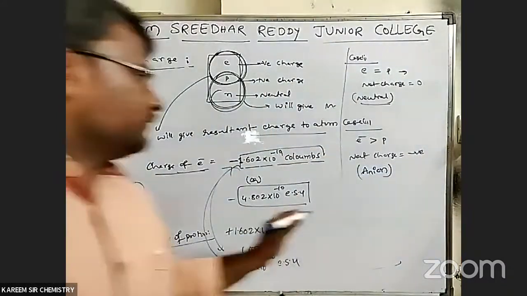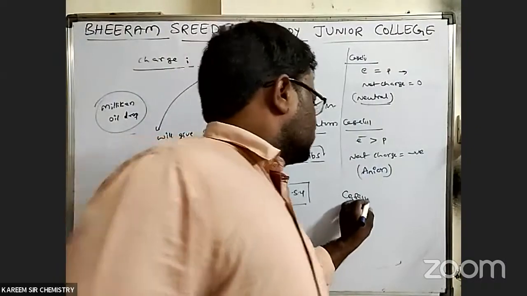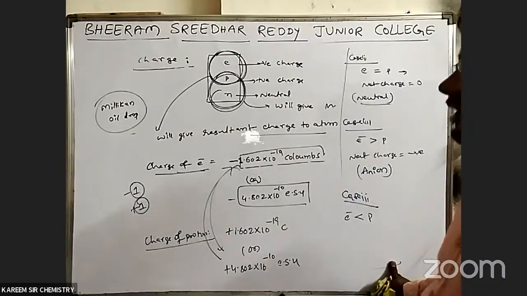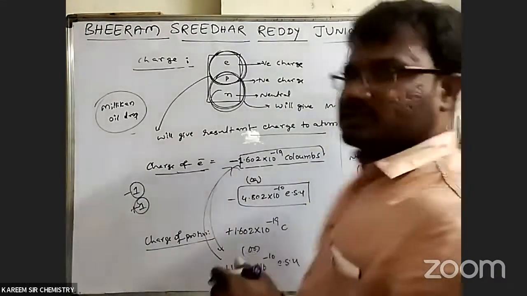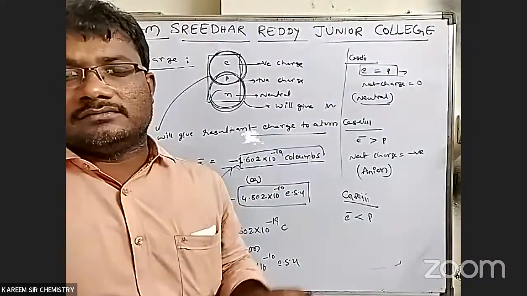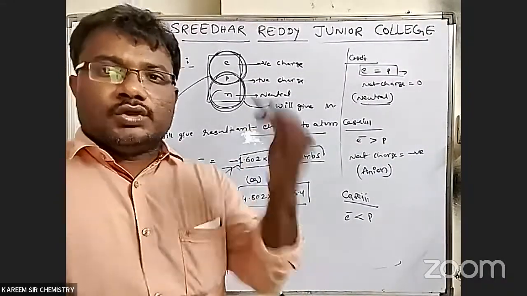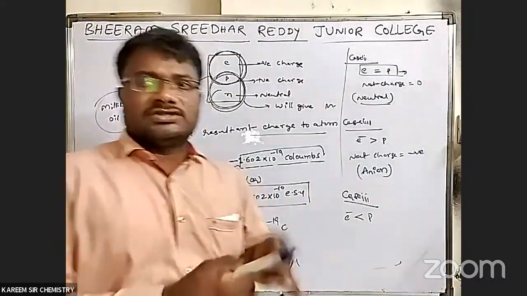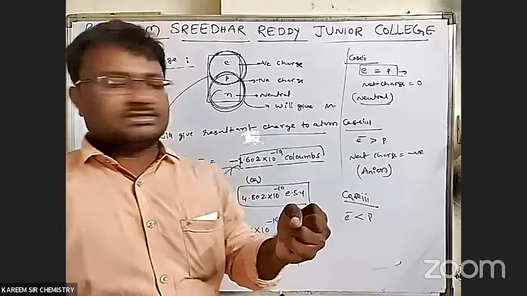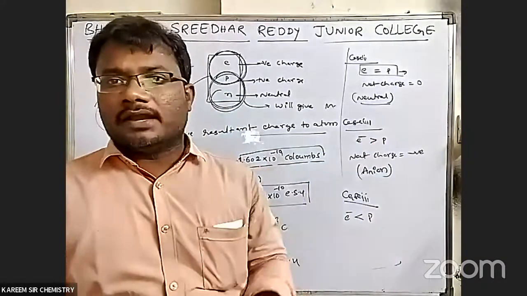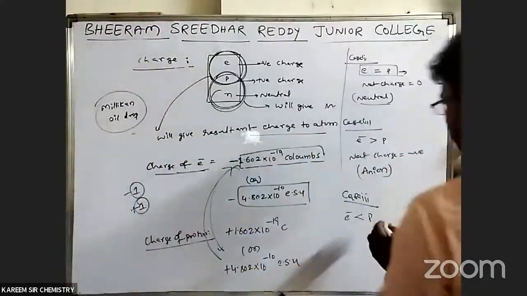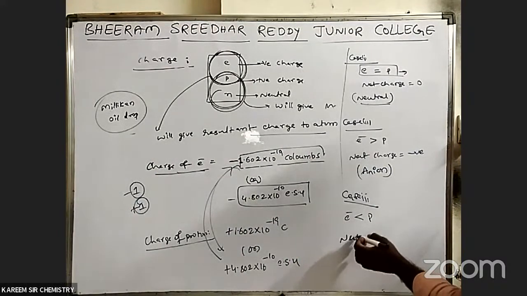Okay now. So case 3, electrons less than protons in an atom. Sir, why in a neutral atom electrons are equal to protons? So why will they be less or greater? During the formation of bonds, some atoms gain electrons, some atoms lose electrons. Due to this, the electron number may be greater than protons or less than protons. So here, electrons less than protons means the net charge